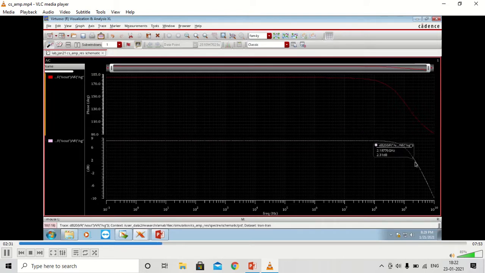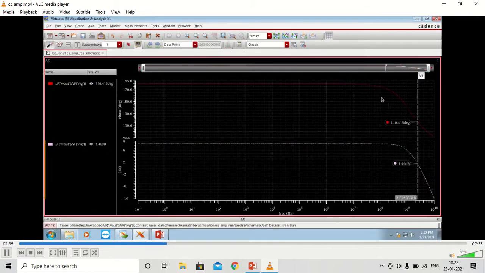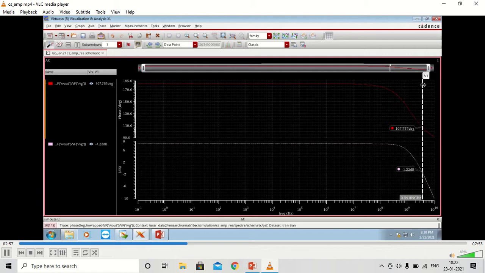So you can measure the phase margin. Wherever the gain crosses the 0 mark, from that point you note down the phase difference, and 180 minus the phase drop will be our phase margin. In this case, our initial phase is around 180 degrees and we have a phase drop of close to 64 degrees. So our phase margin is close to, let's say, 110 degrees. Since it's a single pole system, it is always going to be greater than 90 degrees.